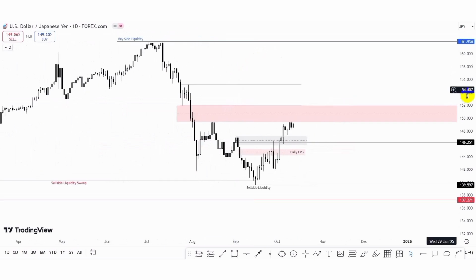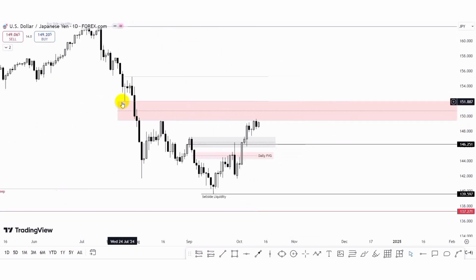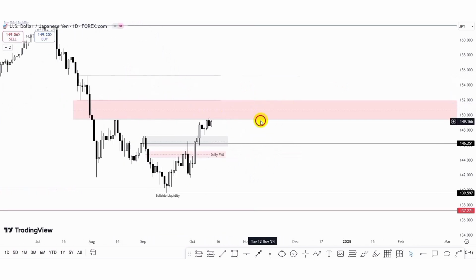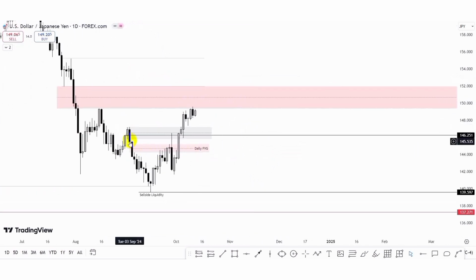So what we can see in the daily time frame is we identify this institutional order flow zone, and then we can see this is the weekly fair value gap. So we identify how price actually broke this order block last week, and then we expected to see that price would return to mitigate the mean threshold in confluence with the breakout block zone we identified in the weekly time frame, and then we frame the bullish move to the upside.